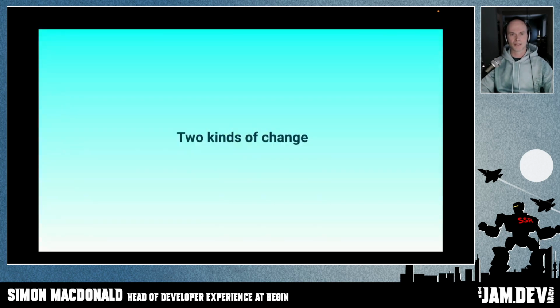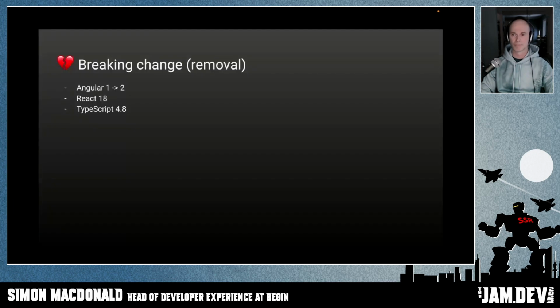So when it comes to changes, there are two kinds of change. And of course, the answer to my previous question is, yeah, of course, we can opt into things so that our source code doesn't break and it's very stable. But there are two kinds of changes that we have to look out for. The first, the bad one, is breaking changes. That's when we see the removal of APIs or interfaces or behaviors.